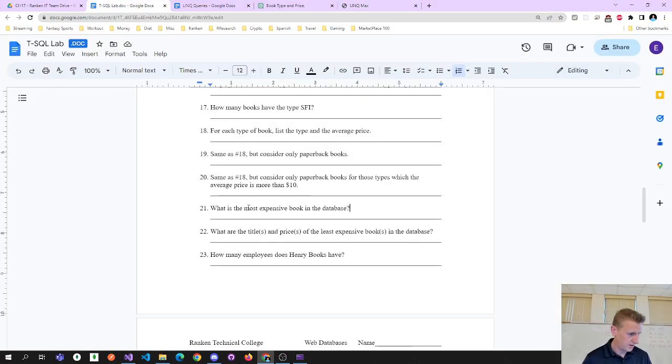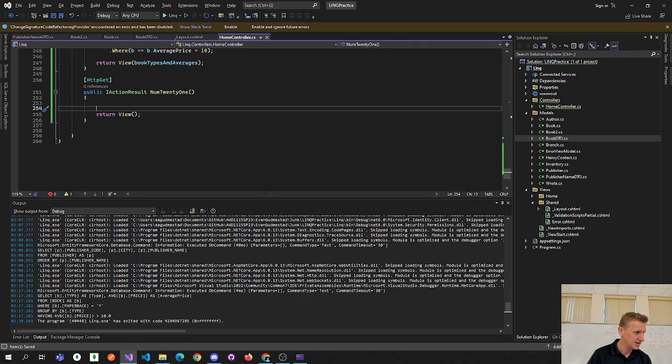Okay, what is the most expensive book in the database? So that's obviously going to be the price column in the book table. And so we'll select all the prices in the book table and then run max and see. That should hopefully return a number. So var most expensive. Now, what is the most expensive book? It's not asking for the most expensive price, it's asking for the title. Most expensive book equals context books